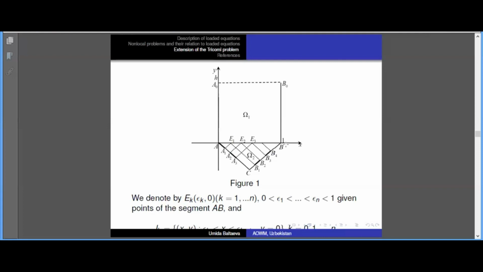And we can investigate the extension of the problem of trichotomy. The extension of the problem of trichotomy is different from the problem of trichotomy. We can give our conditions on some parts of the characteristic domains, not on all of the boundary. We can give our conditions on each part of the characteristic domain, and that's why in this kind of problem our problem of trichotomy is extended and can include the trichotomy problems also.